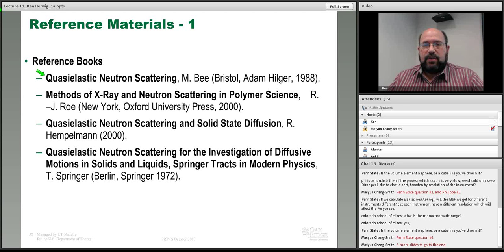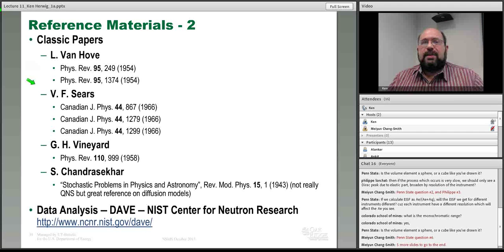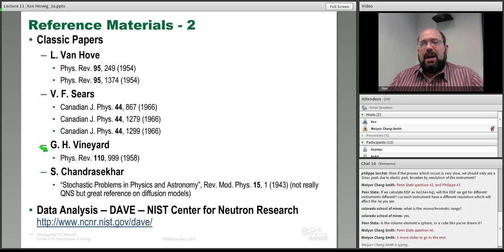on quasi-elastic neutron scattering. Some other papers that are classics in the field: Van Hove, that relates classical distribution functions to the quantum mechanics that you're actually measuring in a scattering experiment. These are wonderful. Bárdlay and Sears had a nice series of papers talking about restricted motions on the surface of a sphere. This paper by Vineyard is also a classic, and this article by Chandrasekhar really looks at a variety of types of diffusion, whether it is a diffusion of a density or single particle or fluctuations otherwise, and I'd recommend